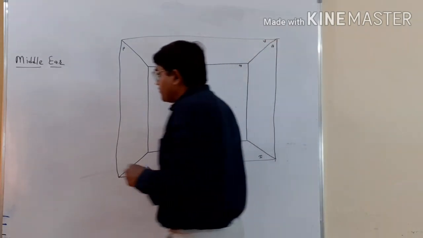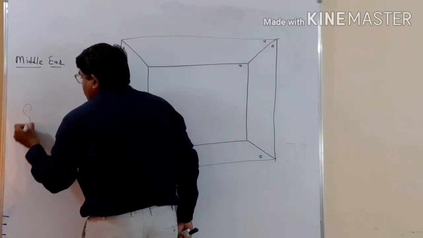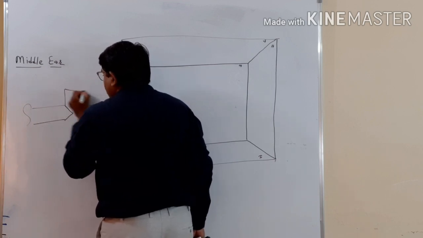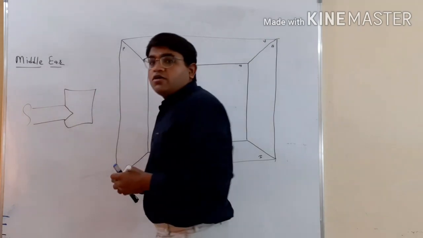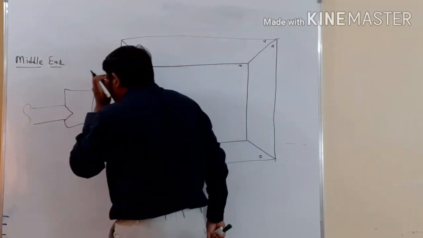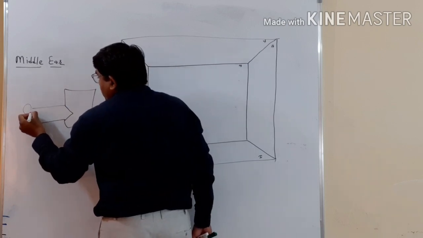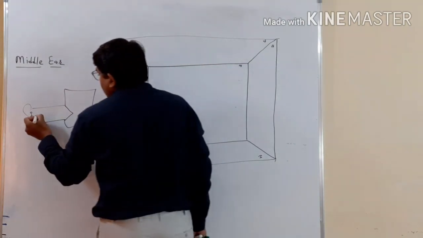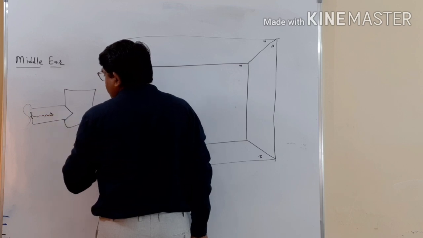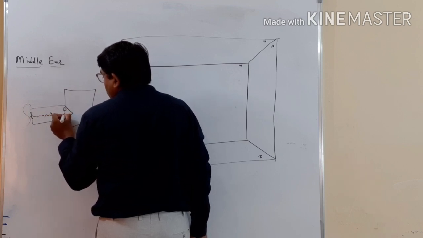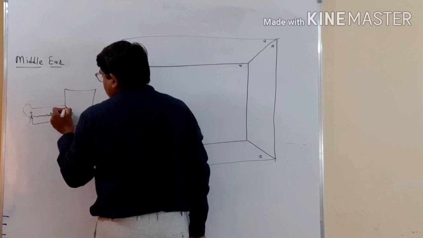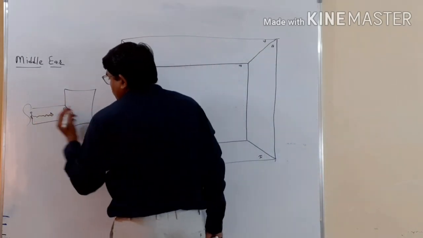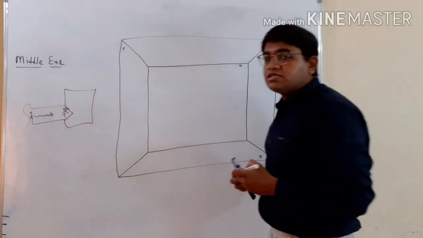Means if we draw the ear, this is the external auditory meatus, this is the tympanic membrane, and this is our cube shaped cavity. If I become so tiny that I can go through the external acoustic meatus and walk here on the medial side, and now I stand here and look into this middle ear cavity, in this view from the lateral side the cavity looks like this.